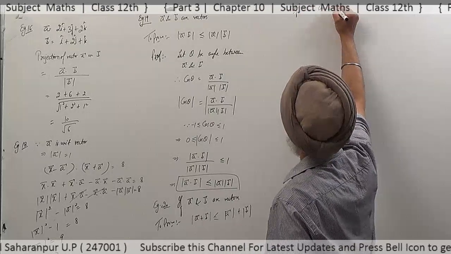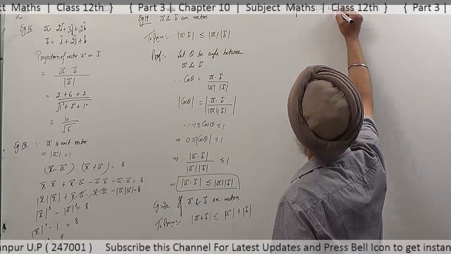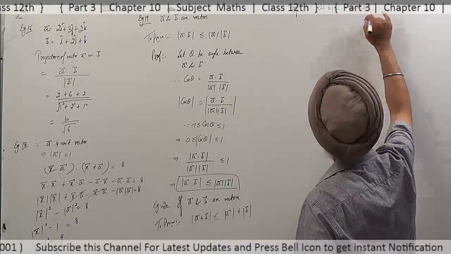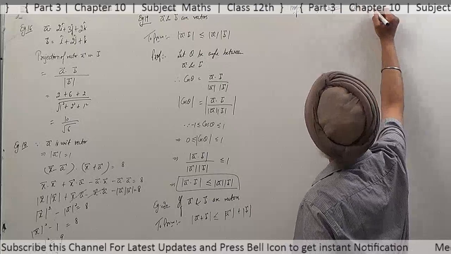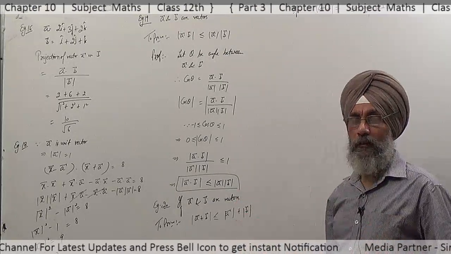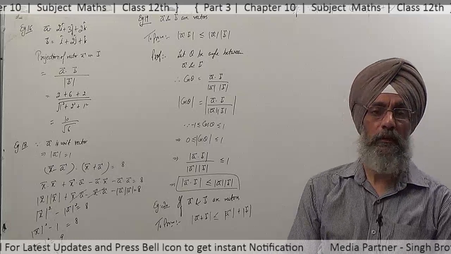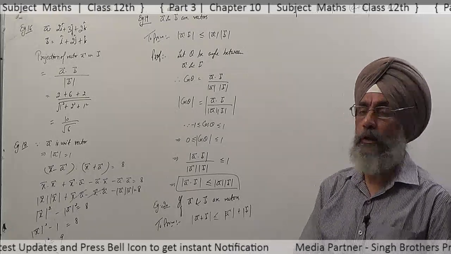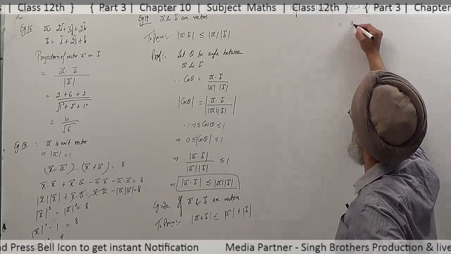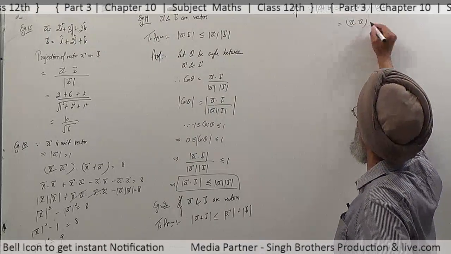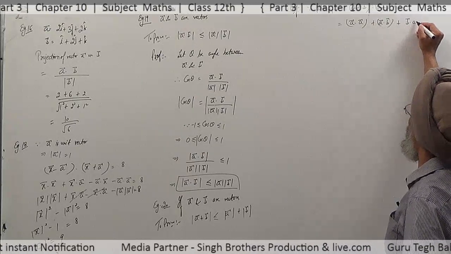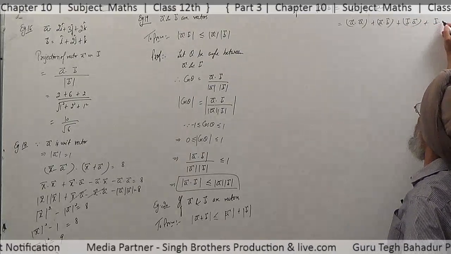Since the magnitude of a plus b, whole squared, is equal to a plus b dot a plus b. A is a vector, b is a vector, the sum of two vectors is a vector. If we take the dot product of the same vectors here, it is equal to the square of its magnitude. So what does this give? a dot a, a dot b, b dot a, b dot b.